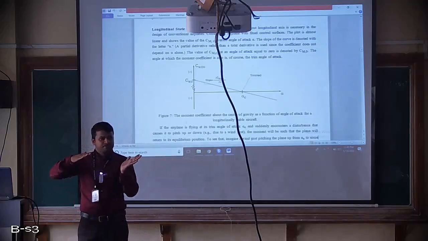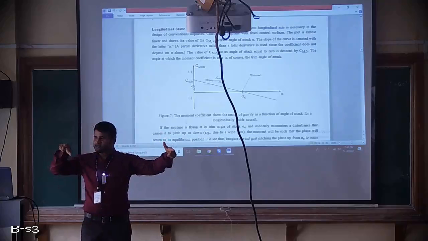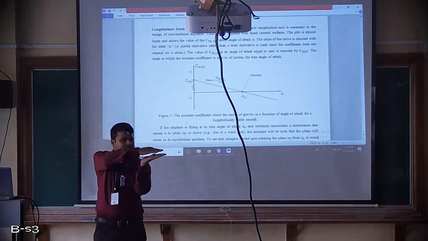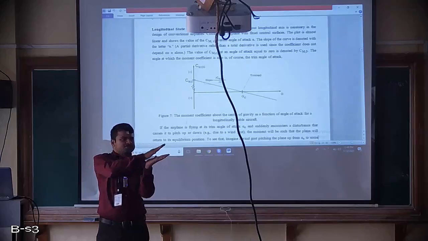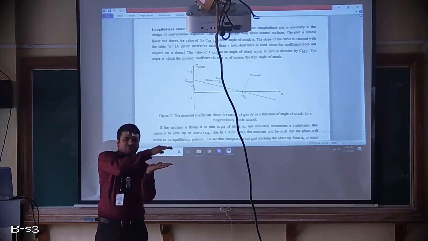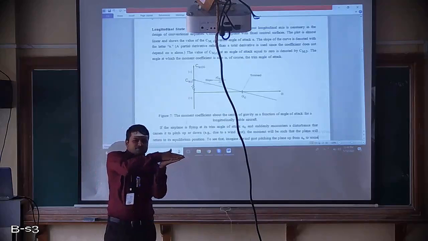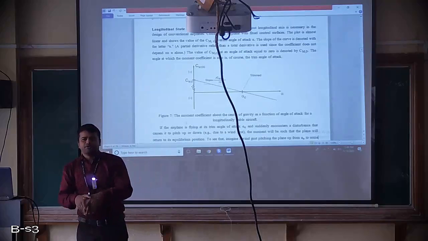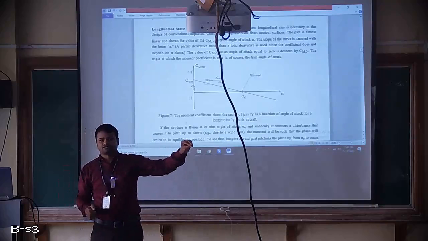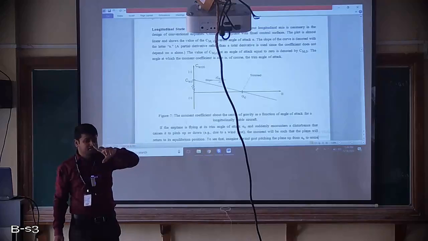So let us say for your aircraft this is the x-axis, this side is the nose and this is the tail of the aircraft. It is making movement up and down with respect to the longitudinal axis. That means the nose goes up and down. It is getting disturbed, but here we are trying to come back to its original position. So this is called longitudinal stability of the aircraft, how it behaves with respect to the longitudinal axis. That stability condition is called the longitudinal static stability condition.